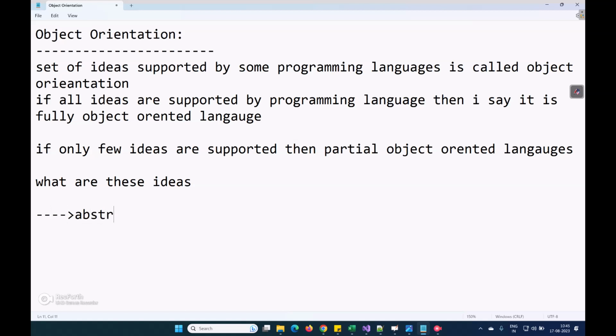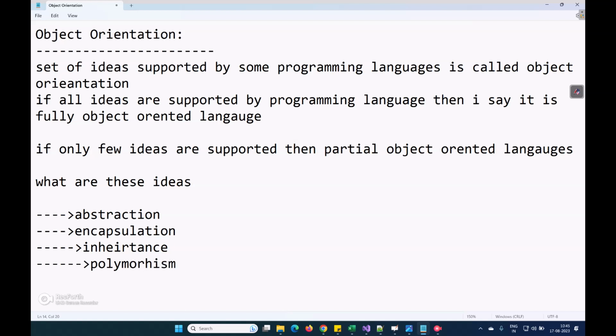Like abstraction, encapsulation, then inheritance, polymorphism, OOPS concepts. A set of ideas supported by programming languages is called object orientation.